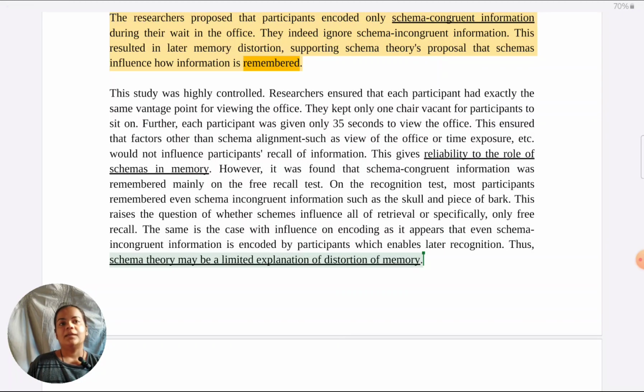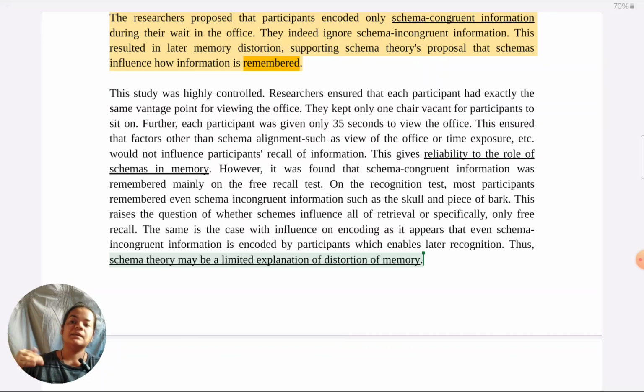Here you can see in Brewer and Trent study, they could show how schemas influenced recall. Recall became poor because of use of schemas. But they couldn't explain how recognition still remained intact. When participants were asked to select from multiple choices, they could remember which items were there in the office even if they were incongruent. That means their schema theory explanation selectively only explains how schema distorts encoding and retrieval of recall, not of recognition. That's an area of uncertainty. Why is that the case? They have not been able to explain. So it limits schema theory itself as an explanation.